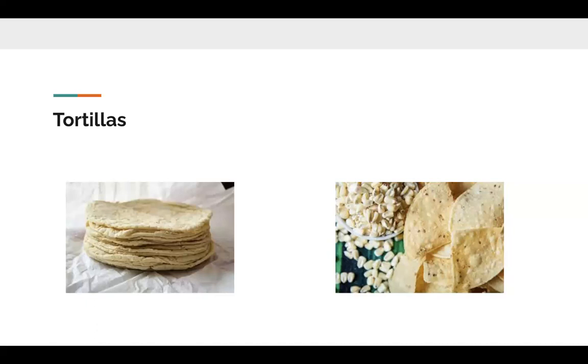The dough is then shaped into small balls and pressed into thin layers, creating the shape of the tortilla. The cooking process of the tortilla involves the puffing up of the tortilla and